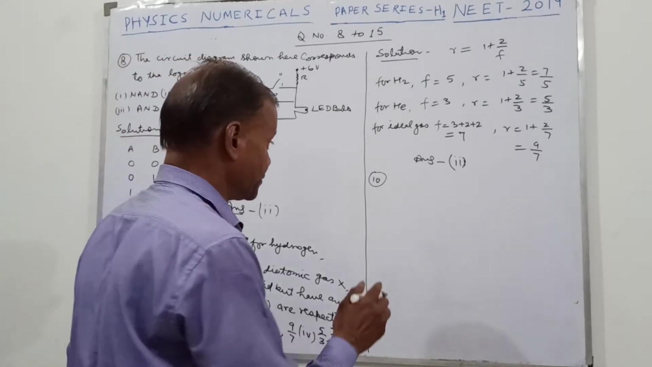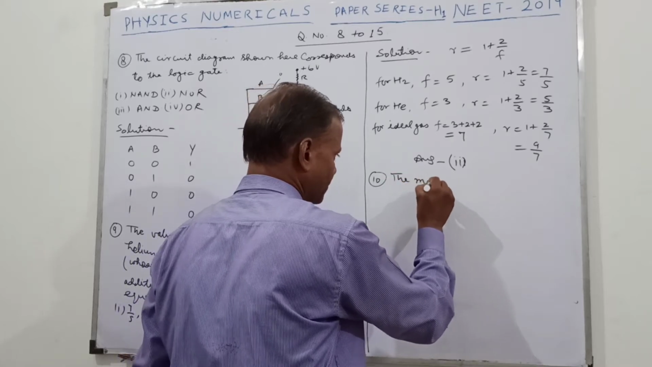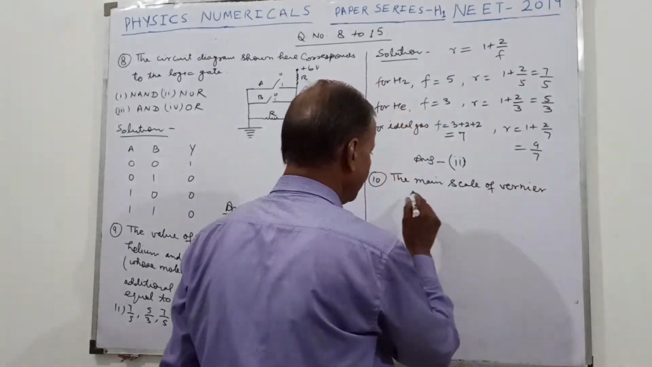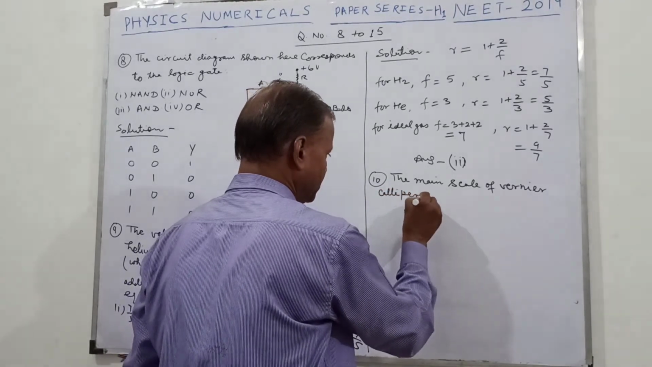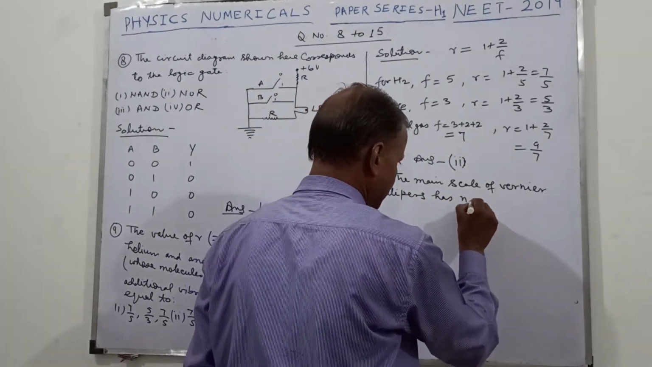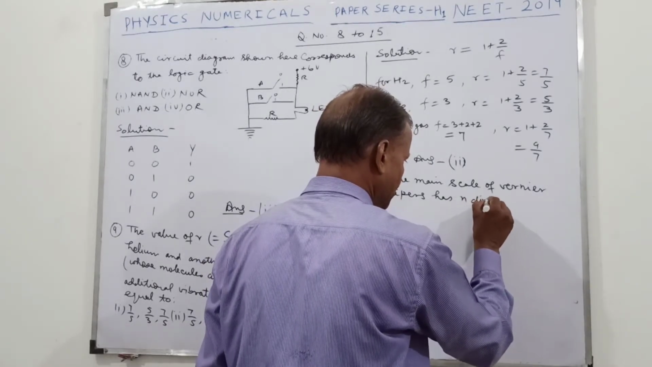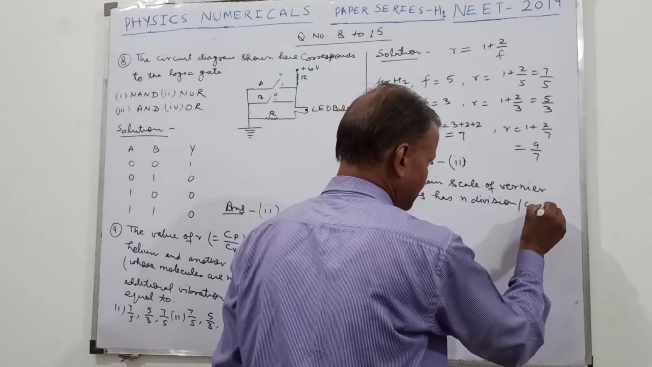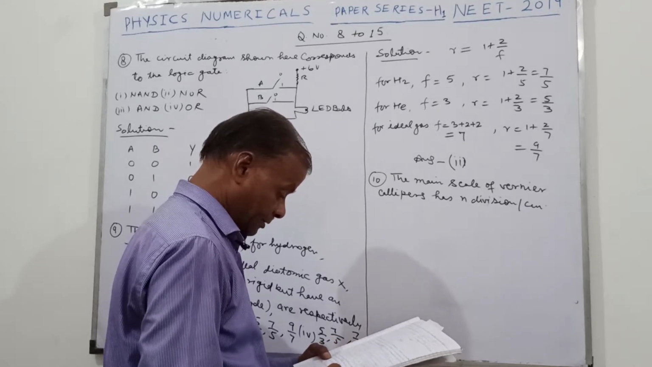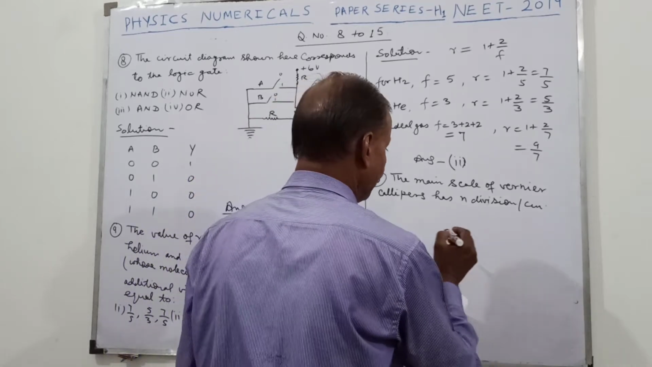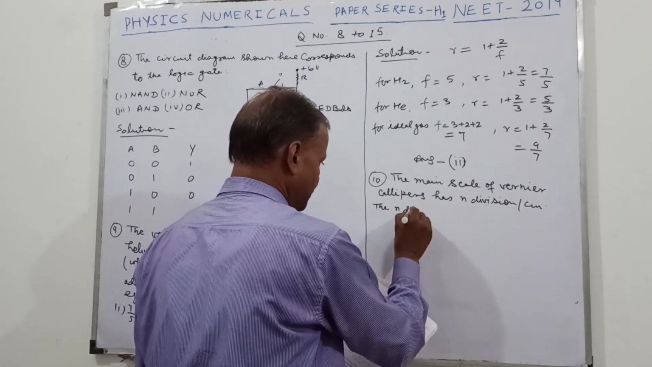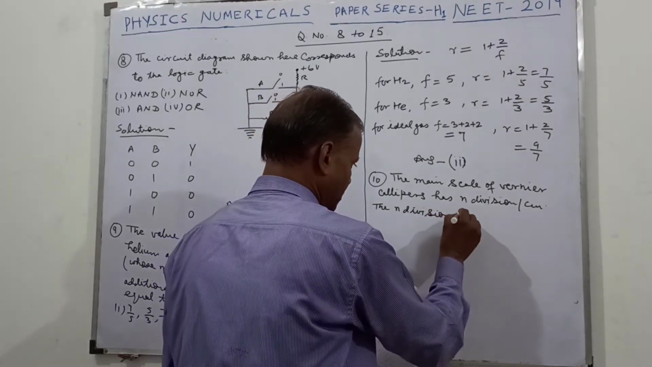The main scale of vernier calipers has n divisions per centimeter. N divisions of the vernier scale